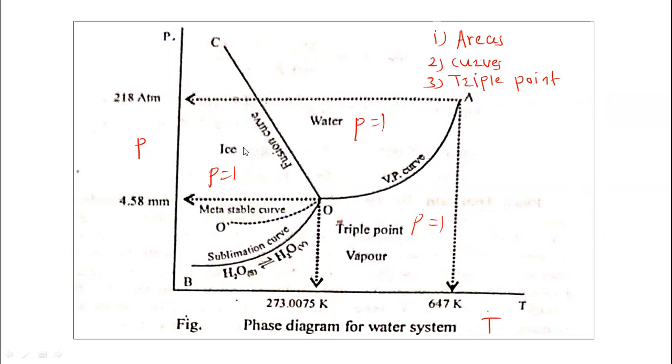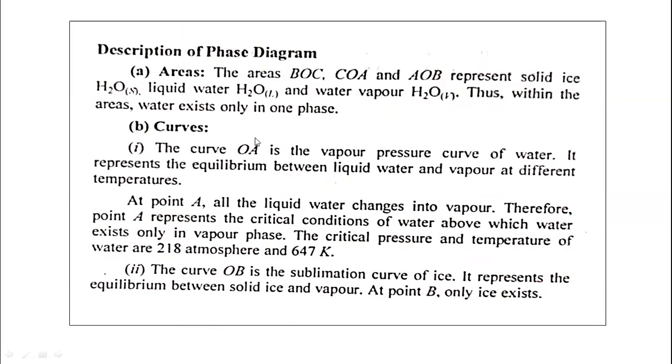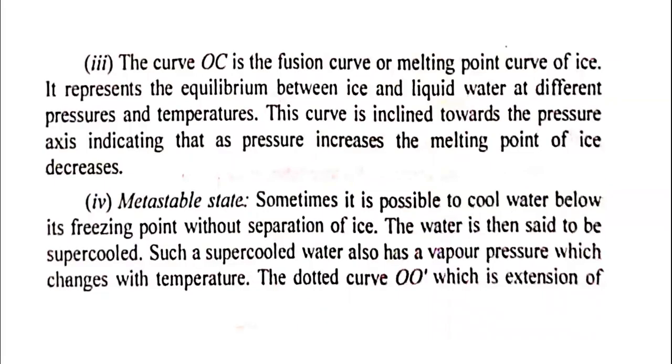That's why we want to study here the effect of the pressure and temperature on the equilibrium system. So what is the effect of the pressure here? As we increase the pressure and decrease the temperature, the melting point of the ice goes on decreasing, or the freezing point of the ice goes on decreasing. So let us see here. Then there is another